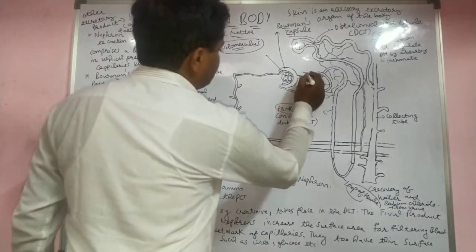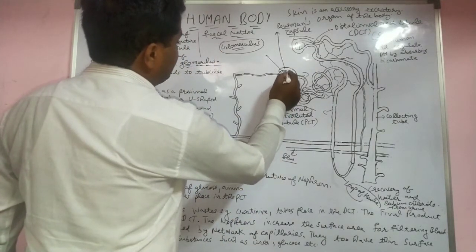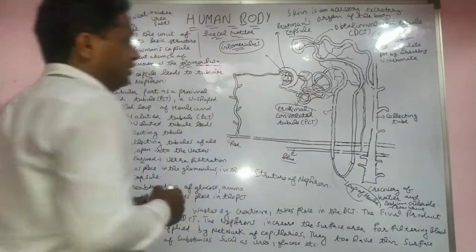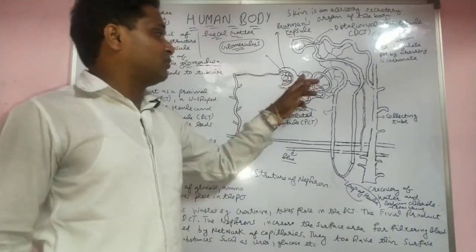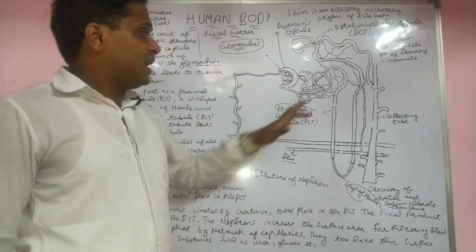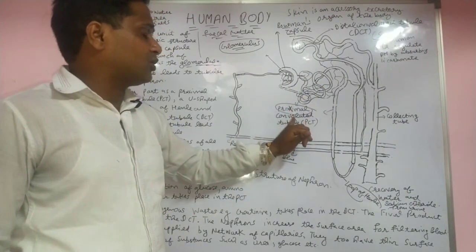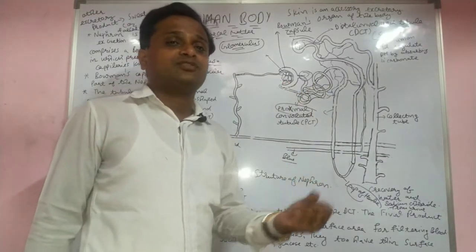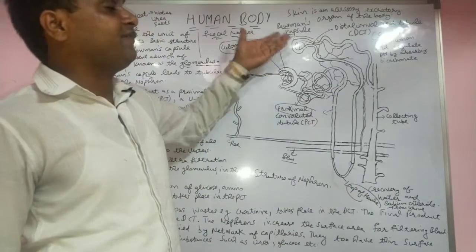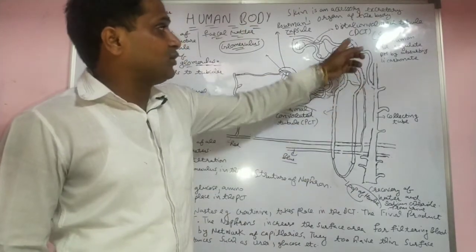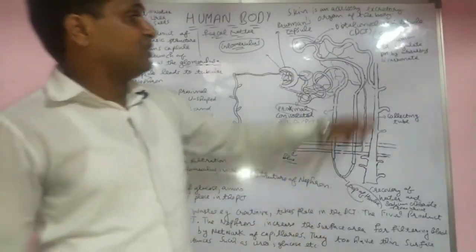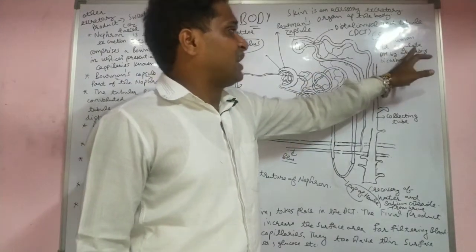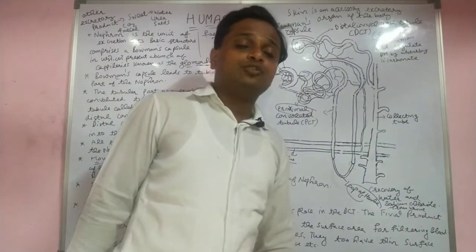Here urine forms. Blood comes inside through the capillaries, and filtration of the blood takes place, and more salt and more water move to this side in the form of urine. The function of the proximal convoluted tubule is to reabsorb the extra water and extra salt, and send them back if required. What is the function of the DCT? It is about 5 mm in length in humans. It regulates the pH by absorbing bicarbonate.